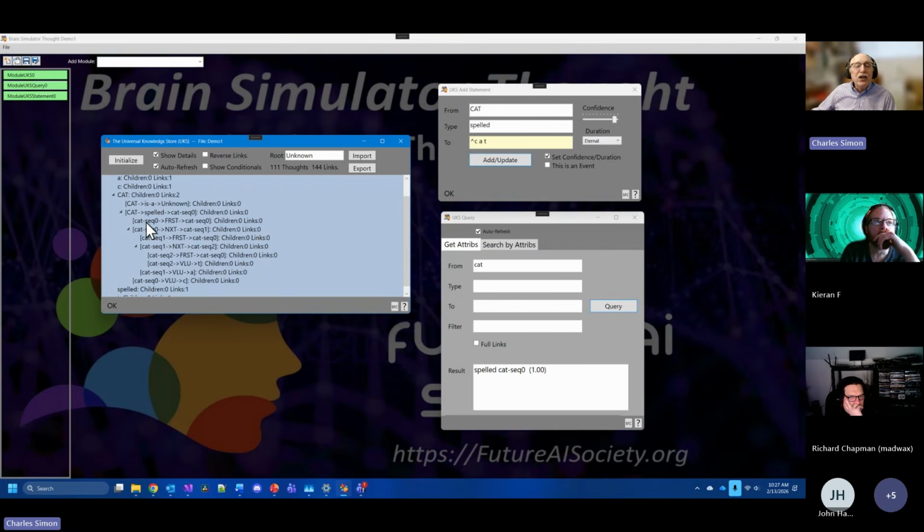So cat sequence 0 has a first pointer to cat sequence 0. Cat sequence 0 has a next pointer to cat sequence 1. And cat sequence 1 has a next pointer to cat sequence 2.